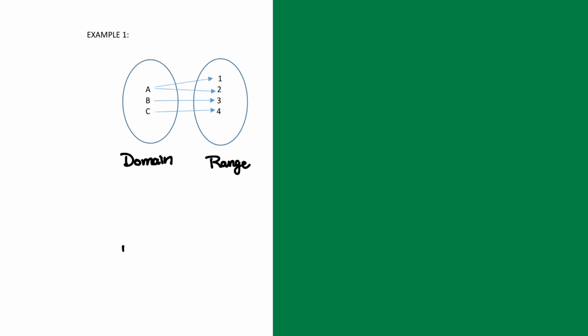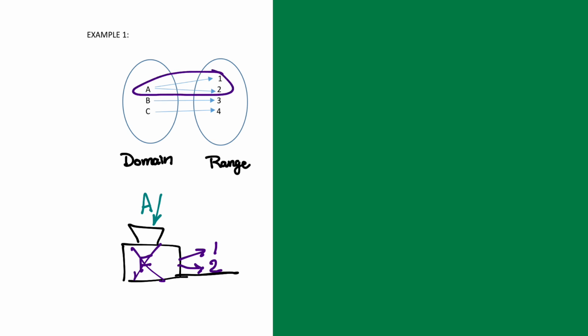So basically we have our little box. Okay, there's the top, here's where they come out, right? If I put an A in the box, I drop it in, okay, what's going to come out? A 1 and a 2, right? So out comes a 1 as well as a 2. This means this is not a function. Okay? So this right here, where your arrow splits off from the domain to the range, means it is not